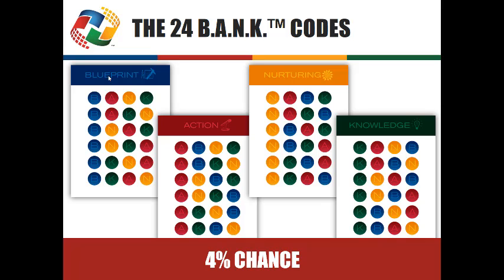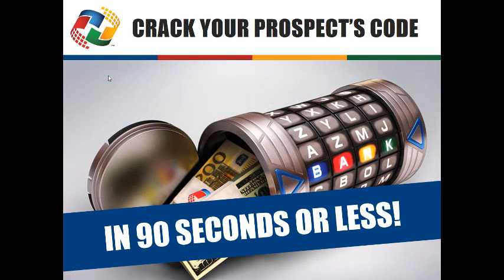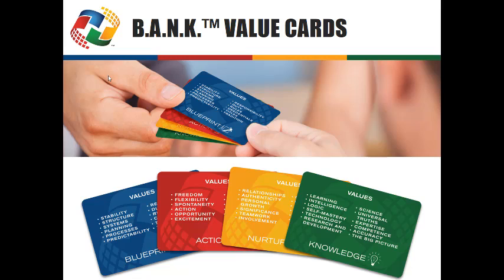which I've done. But you only have a 4% chance of getting the right code on the person when you first meet them if you do not know how to analyze, how to understand this other individual. However, because of the bank code system, you will learn to crack another person's code in 90 seconds or less. Do you think that might be a major advantage for you in interacting with other people, or in your sales, or at work? Definitely. Learning this is a great skill set that everyone should know.